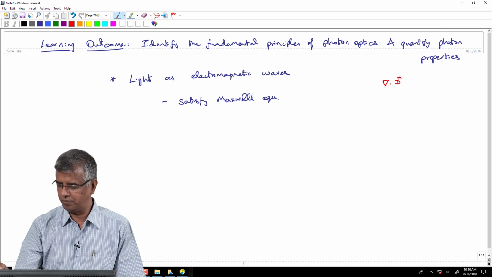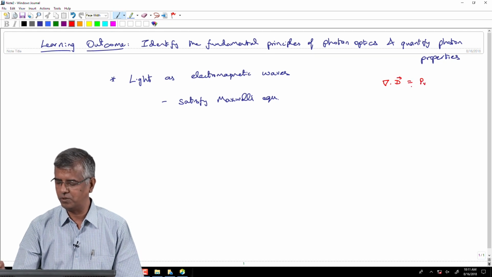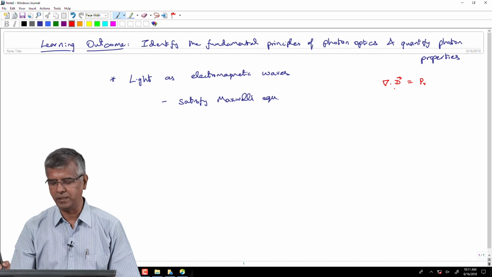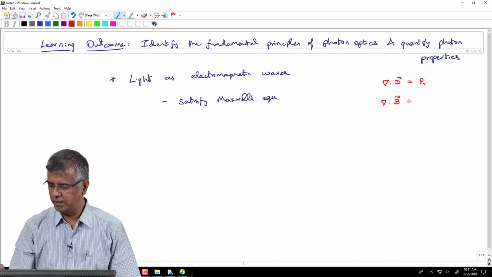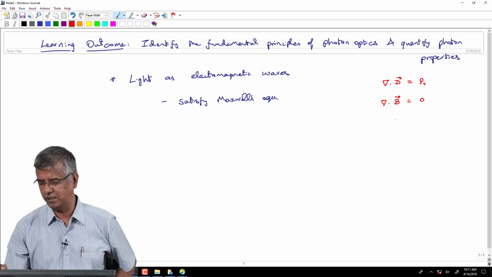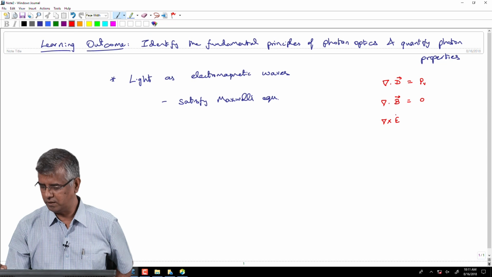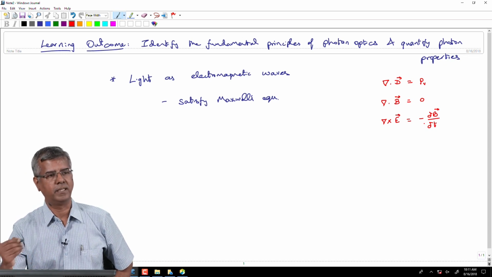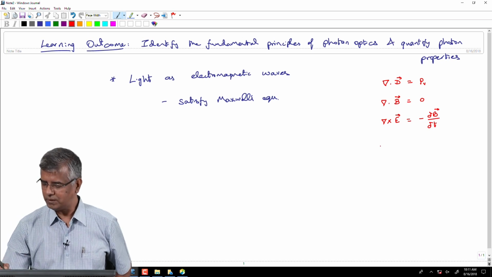Maxwell's equations, as you probably remember from one of your electromagnetics courses, consist of Coulomb's law: the divergence of the electric displacement current density is given by rho v. Your magnetic flux density is conservative, magnetic fields are conservative in nature, so the divergence of magnetic flux density is 0. Then you have your famous Faraday's law, which says that you have a circulation of an electric field whenever there is a time varying magnetic field, and then you have Ampere's law,